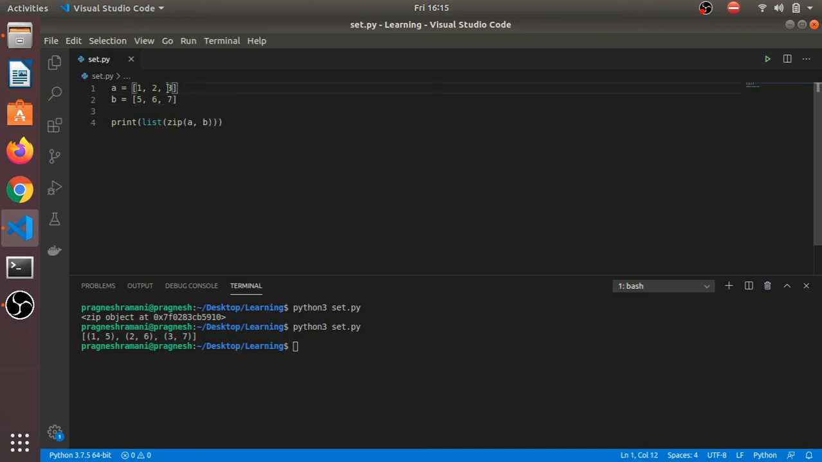And what if my list length is 2 and another list length is 3? Then it will return us a list having the minimum length, like this. So it will combine only the first element of both iterables and the second element of both iterables. It will not combine the third element because the first list does not have a third element. So using zip you can combine the elements of each iterable,